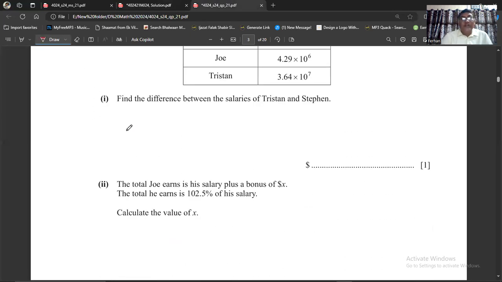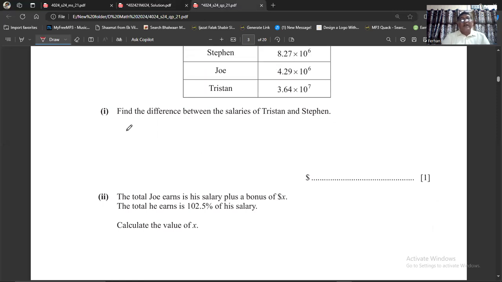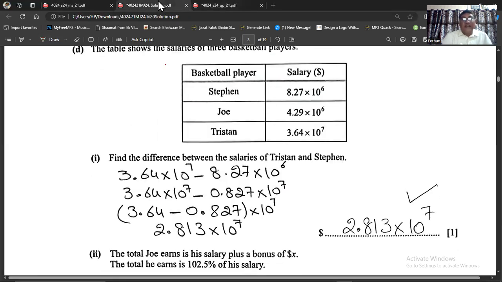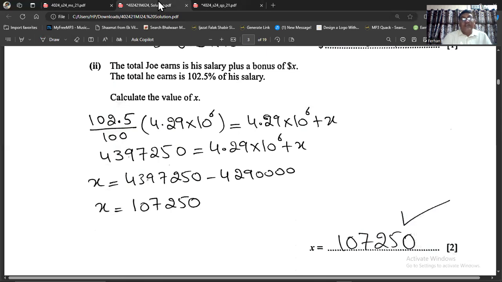His salary is 4.29 x 10^6. So we will find 102.5% of 4.29 x 10^6, and that will be equal to the salary plus x. And then I will find the value of x. So 102.5% of 4.29 x 10^6 will be equal to his salary, which is 4.29 x 10^6